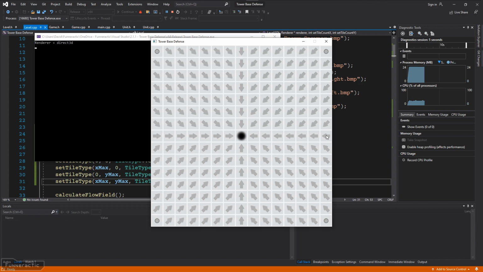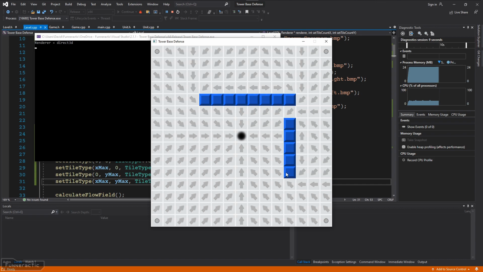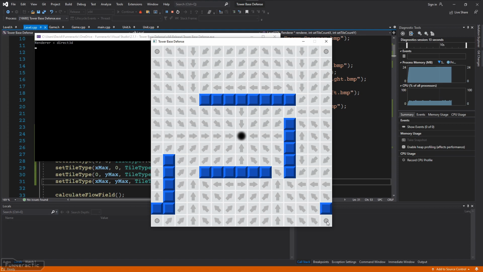Okay, now let's run the game and see if all that code works or not, and make sure that nothing else got broken in the process. Okay, so the spawner images are now being drawn at the correct locations. The flow field is still calculated when the game is run. When I place some wall, the flow field gets updated, and if I try and place it on a spawner,